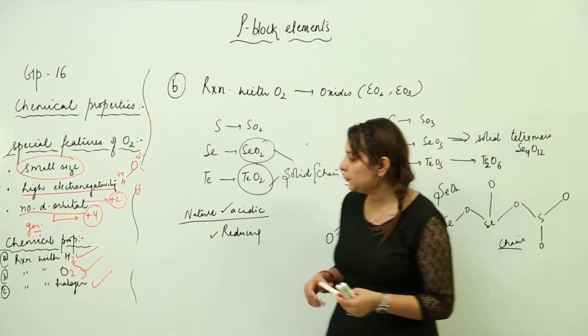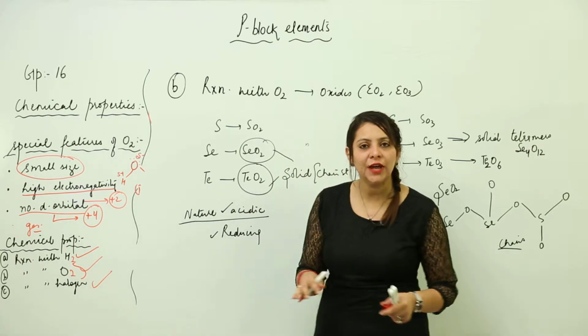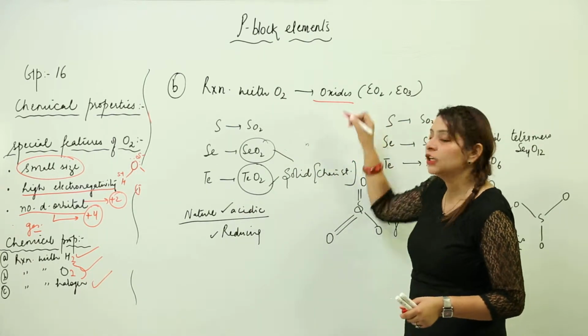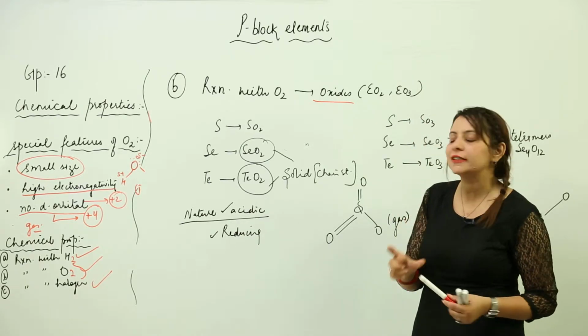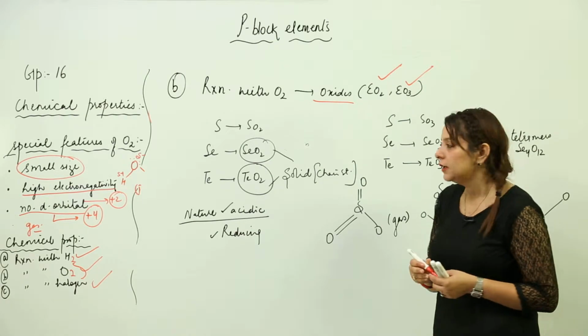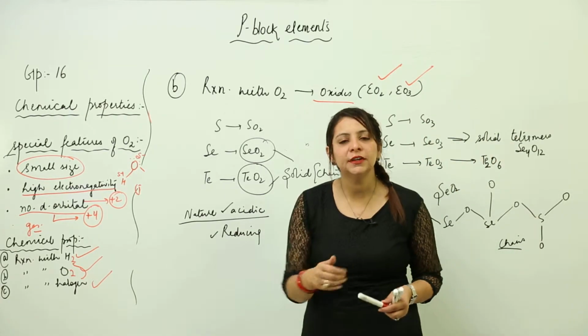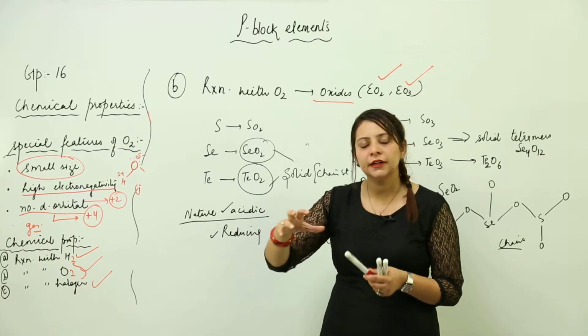Now we have the second property, that is the reaction with oxygen. We know that anything which reacts with oxygen forms oxides. So they also form oxides, but the respective formula for their oxide is basically EO2 or EO3. Right. So we will start with sulfur here,